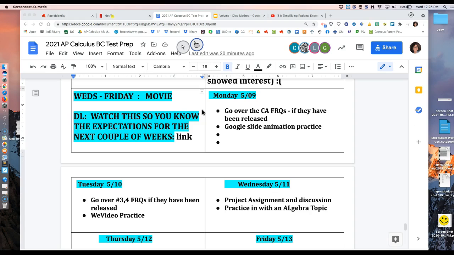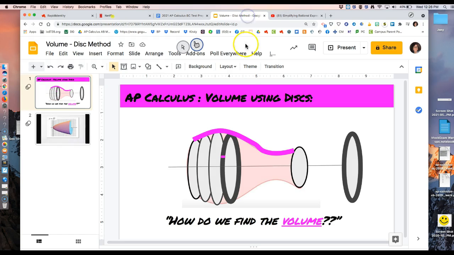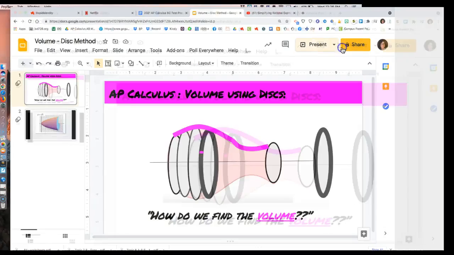We're going to use Google Animation, and we're also going to use WeVideo. So before we do, they're going to look really good. They're going to be sort of professional. They're going to be for after people have learned it, so it's not to teach it. I'll show you an example that I did in AB, just of the Google Slide, but not of the video. So like if I were to present this,